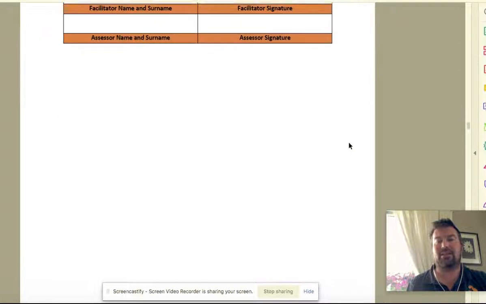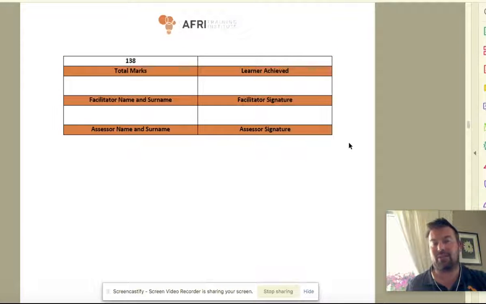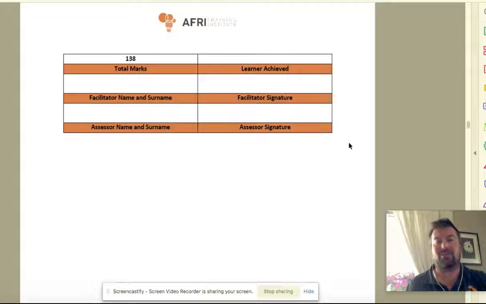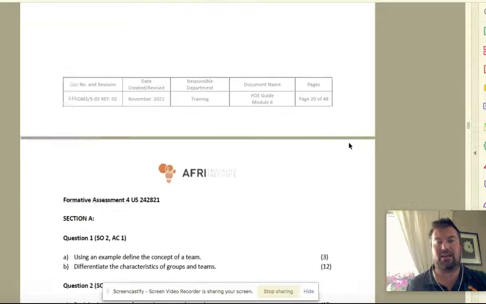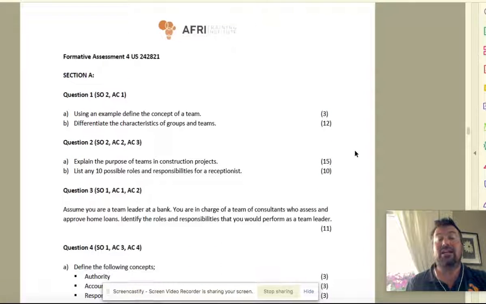Okay, so that then would be out of 138 marks, and then we'll see how much you achieved to see if you are competent or not yet competent in that specific unit standard. Then in the fourth and last module that we looked, or the fourth and last unit standard that we looked at, now we're going to be answering some more questions. So section A, question number 1 says,